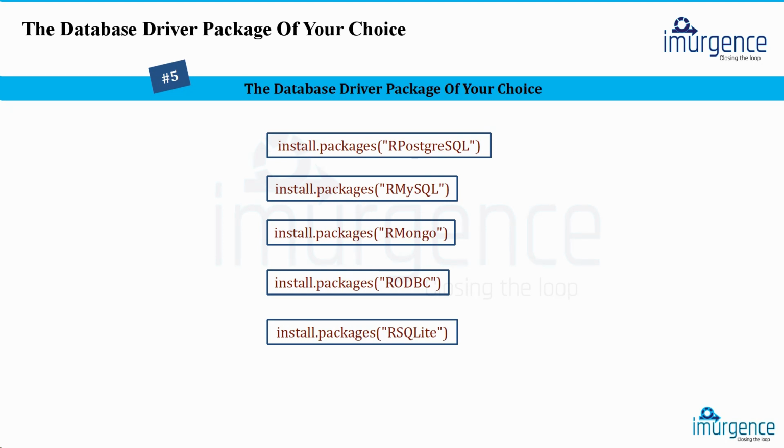If you want it to talk to a MySQL database, right, which comes from Microsoft, then you will have to install that specific package. If you want to access a MongoDB database, then you will have to install the rmongodb package. So each of these packages has the functionality which lets you communicate with those databases specifically. So that's how we will do it.